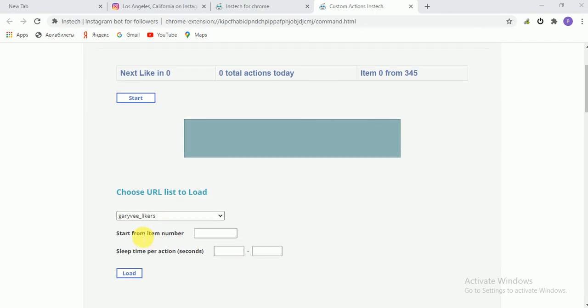This will be saved until you delete the list. You can get this URL list anytime, even if you shut down your computer. All right, so let's do